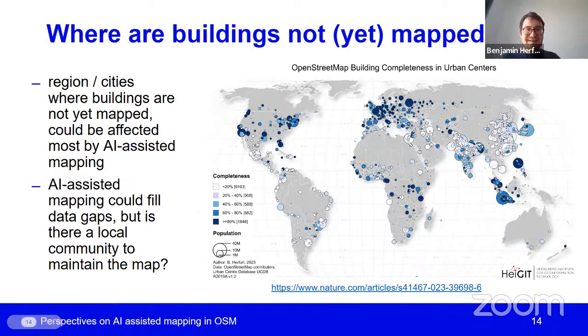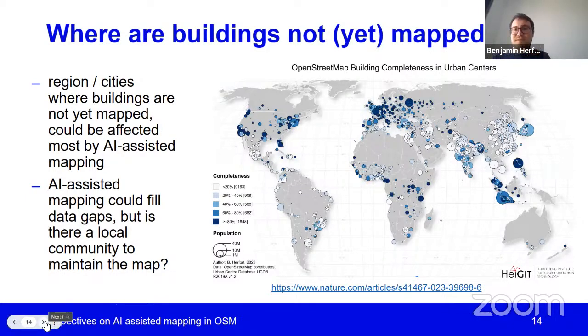Oh, and this is a slide that I have added. Okay. Sorry, Radim. So before we go to the summary, I was just adding one slide on where this might matter. On the map you can see almost all big cities in the world, and the size of the circle shows you how many people live in that city, and the color represents how many buildings are actually mapped. So how completely mapped are buildings in that city.